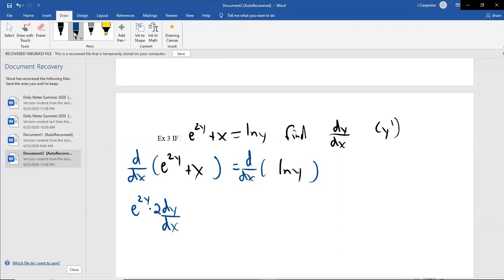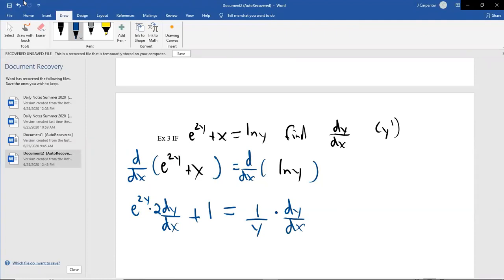So again, the original exponential times the derivative of the exponent. But the derivative of the exponent, this letter did not match that letter, which is why there's a dy dx. Plus the derivative of x, these letters do match, so just take a normal old derivative, which is 1, equals. These don't match, so you'll need a dy dx times whatever it is. Let's go ahead and put that there. What's the derivative of the natural log of y? It's 1 over y. Again, that's a formula you're supposed to know for this test. It's just been a couple classes since we used them.